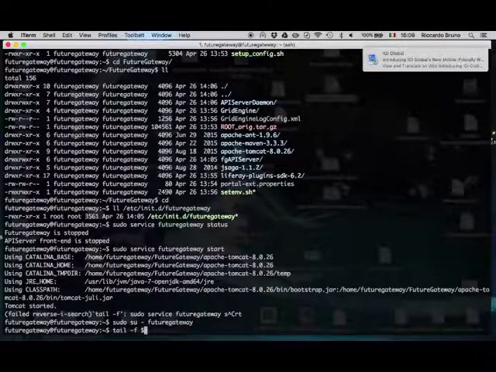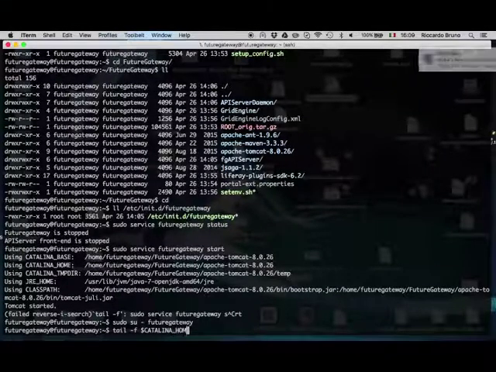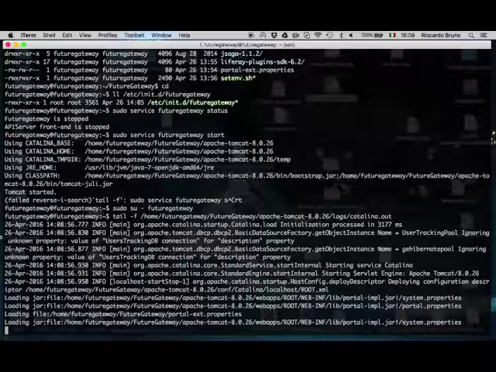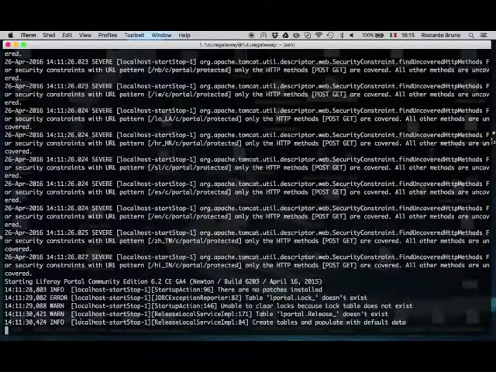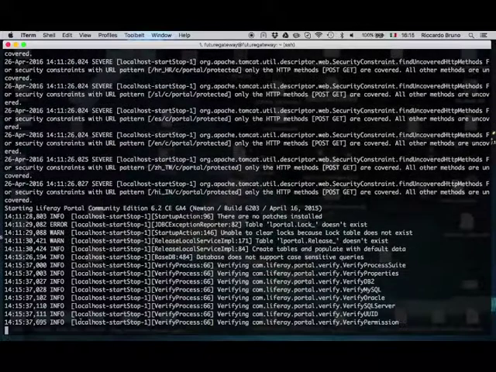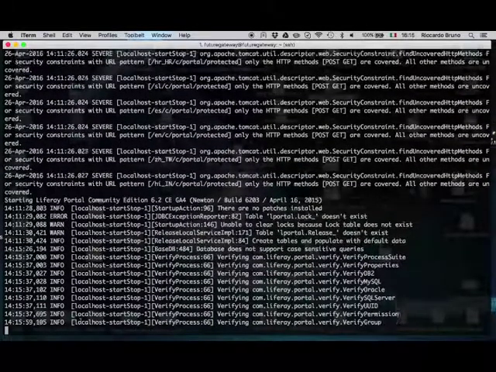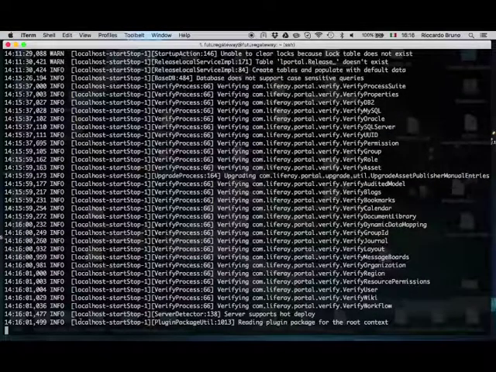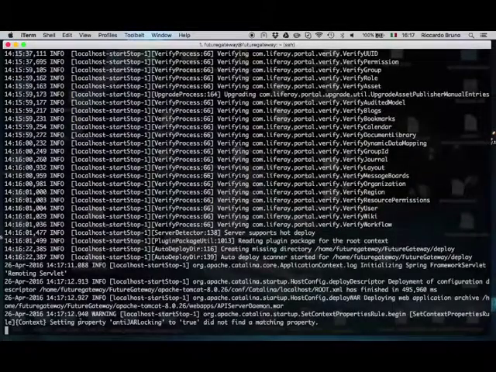So while Tomcat is starting, it is possible to see the log file. It is under Catalina home and logs, the catalina.out file. While Tomcat and also Liferay start, it is possible to see the status from the log files,